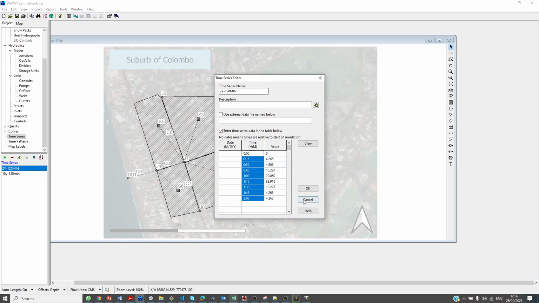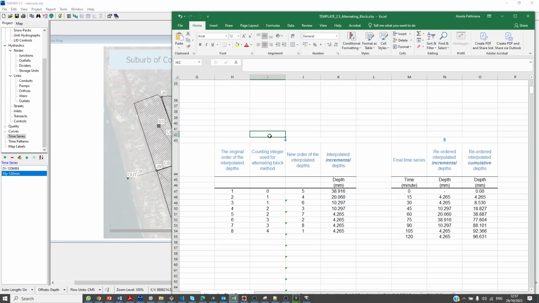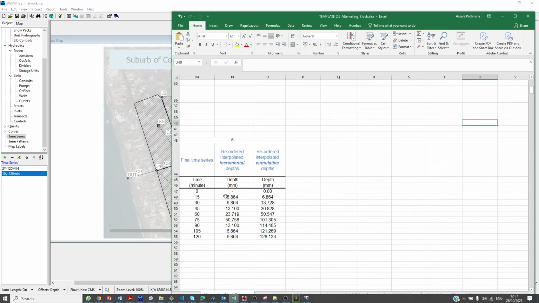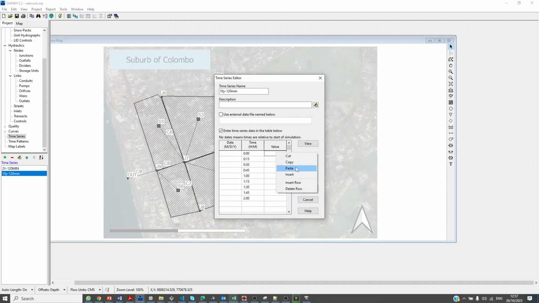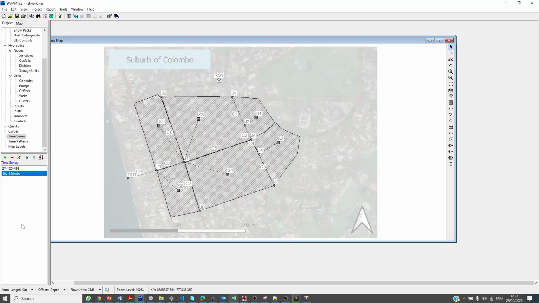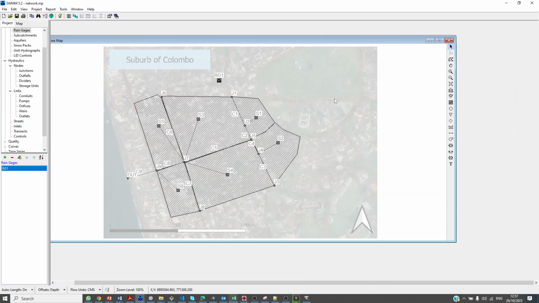Copy time and then copy the values from our spreadsheet. So to do that, we have to change the return period to 10 and then copy these values. Yeah. Okay, so now we have two design storms. So in the rain gauge one, we are going to use the 2-year one first. Now, there are a couple of other things that we have to make sure before we try to run this